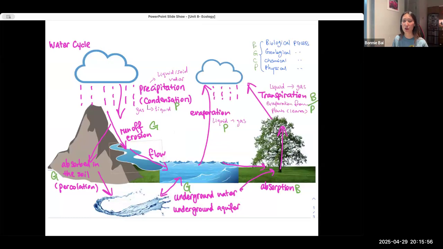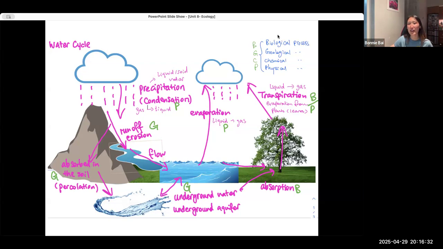So starting with this one, we have the water cycle. You can just take a look at this. We have precipitation, runoff. You probably learned this maybe even in elementary school, definitely in middle school. There's the underground water, any kind of pond, ocean, evaporation, transpiration, and the water just getting absorbed into the plants. This is not everything that could be in the water cycle. I'm sure different photos will show different things, but this is a pretty solid representation of what the water cycle is. It cycles around.